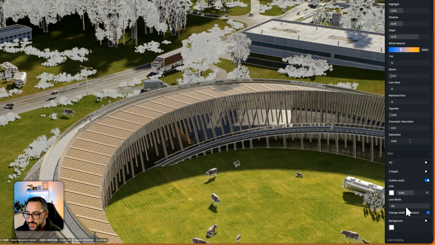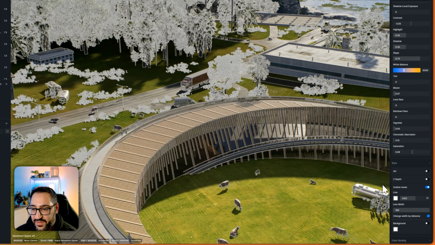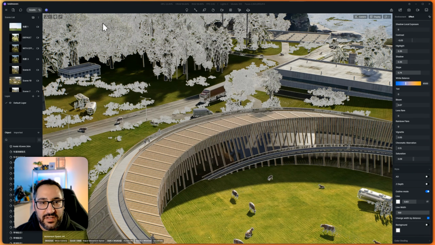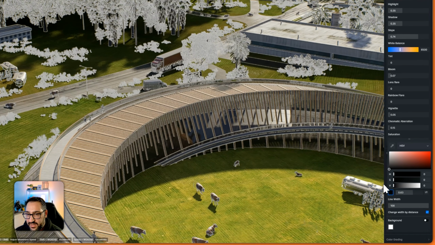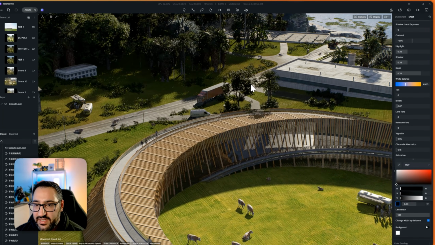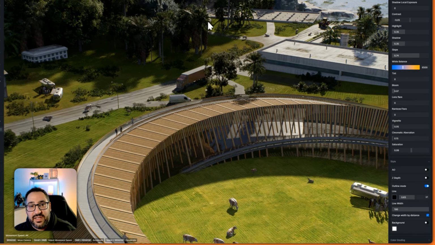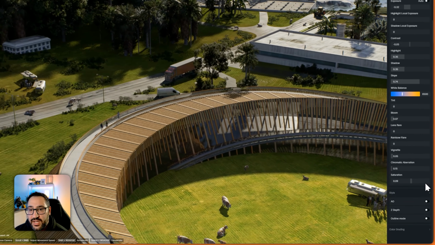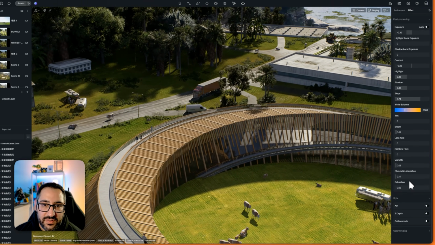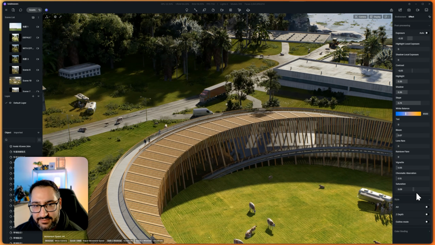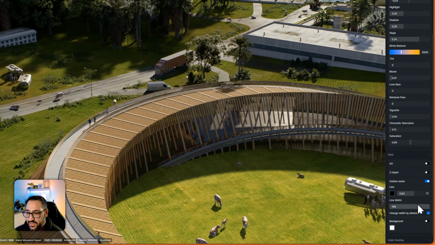Personally, this stuff always makes me think of Enscape, where by default it's kind of got this look on it. I'm not a big fan of it. You can see what it's adding. It's too much. Let me switch it to black. In my opinion, this isn't even usable because of how much black is on everything. So I turn that off. Might be useful if you're doing something conceptual, but in most cases I'm not, so I don't really have a